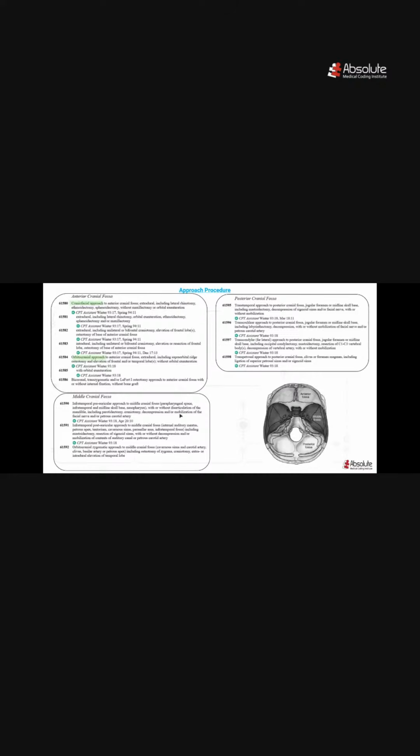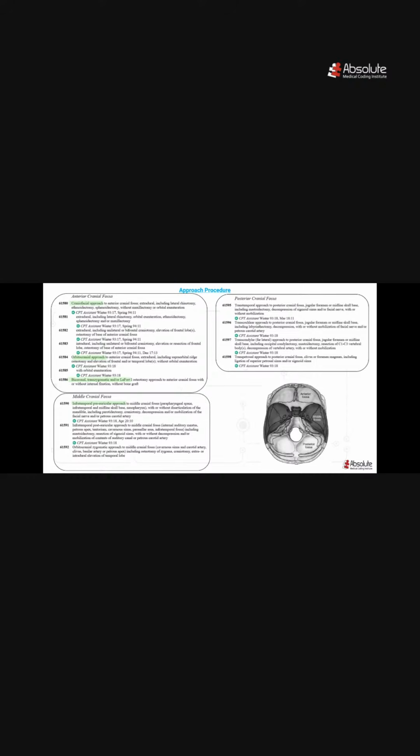And next there is 61586. So here the physician exposes the anterior cranial fossa by a combination of techniques like bicoronal, transzygomatic, and Le Fort 1 osteotomy approach. So it involves multiple techniques. And then next comes the middle cranial fossa, and the CPT codes range